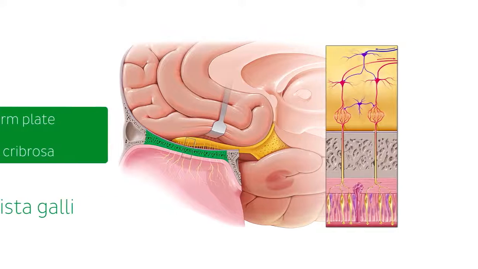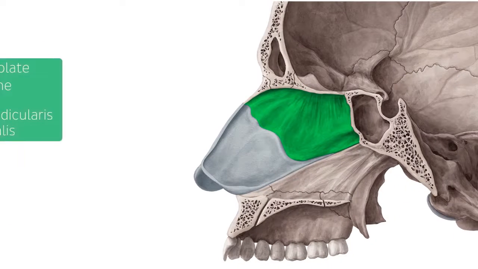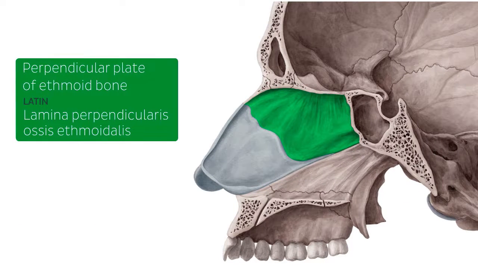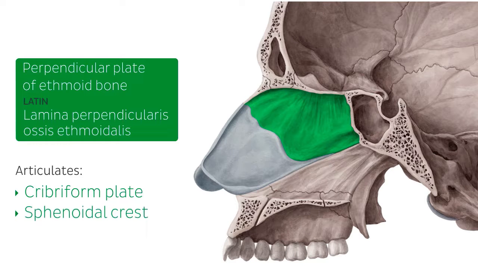The next bony structure of the medial wall is the perpendicular plate of the ethmoid bone. It forms the superior part of the bony portion of the nasal septum. The perpendicular plate of the ethmoid bone articulates superiorly with the cribriform plate. This perpendicular plate extends downwards from the ethmoid bone. It articulates with the sphenoidal crest superiorly and the vomer inferiorly. So here in this diagram we can see where the perpendicular plate articulates with the cribriform plate, the sphenoidal crest,